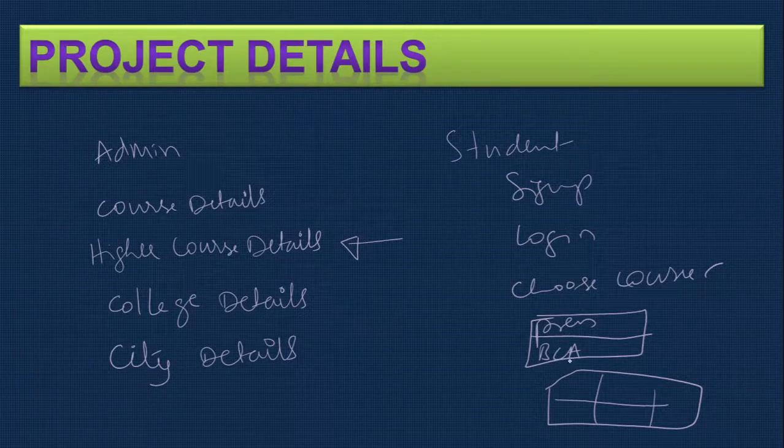In the same way, for different courses, we need to enter the data here, and the corresponding higher course that we need to enter here. Therefore, when the student searches, they can easily search and choose the corresponding course, and they can also check in which college this particular course is available. Therefore, it will be easy for the student to choose higher education. I'll show this demo so that it gives more clarity on what exactly it means and how the whole concept works.